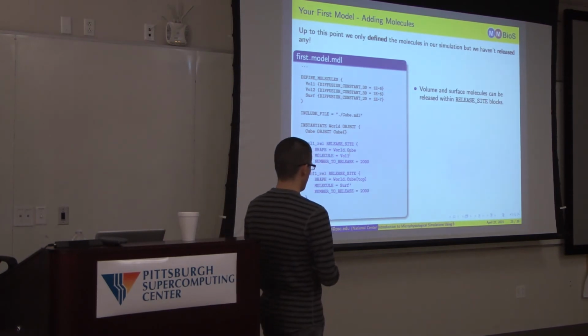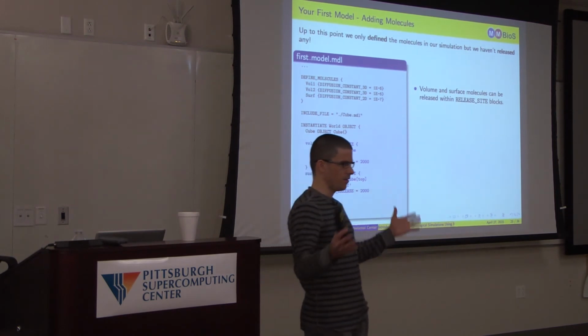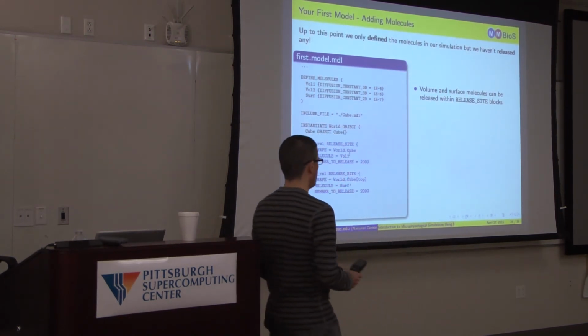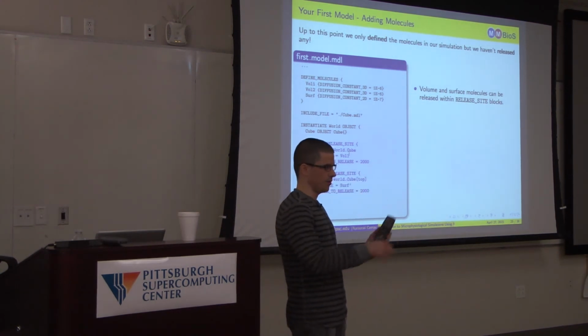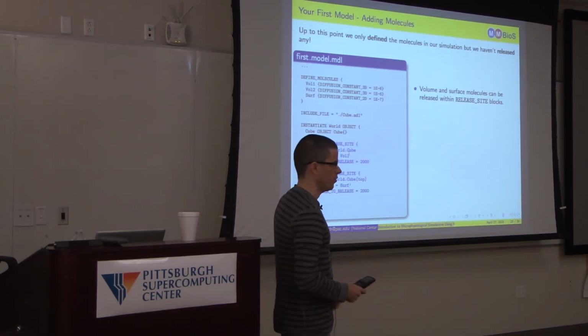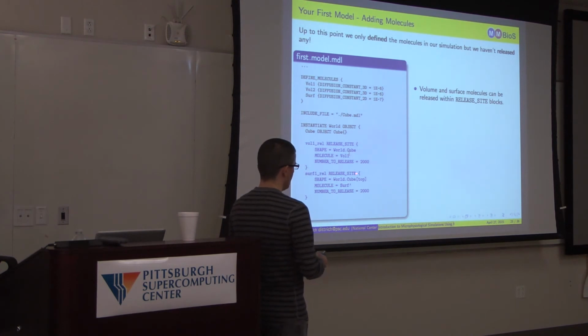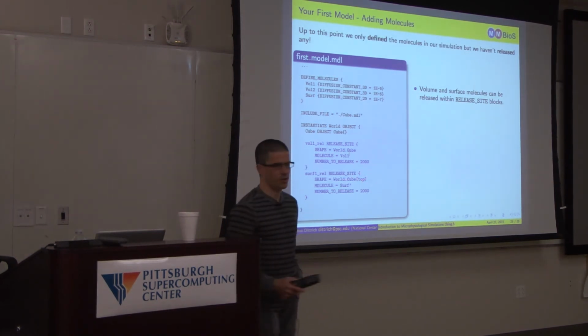And we also want to release some surface molecules. So we want to release the surface molecules, again, 2,000 of them in this case. And surface molecules we have to release on a region, not inside the object, but on the surface of the object. So we could say, again, in this case, world cube, and that would default to the whole cube. So it would be released on the whole surface of the cube. In this case, we actually specify this a little bit more succinctly. We actually say we don't want to release it on the whole cube, but on the top region of the whole cube. So if you remember